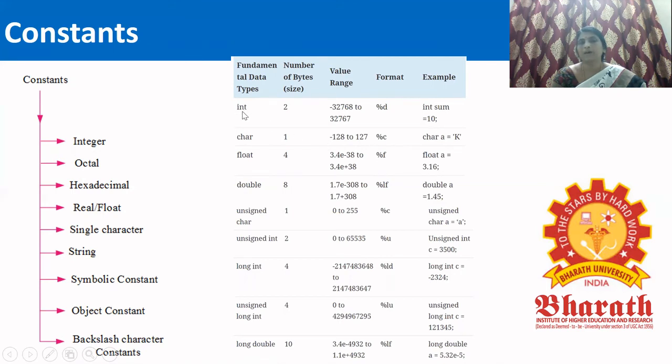So the data types are the integer, character, float, double, unsigned character, unsigned int, unsigned long int, and long double. So these are just the types according to the number of bytes the data type can store. The value that can be stored under this data type is indicated in the table.